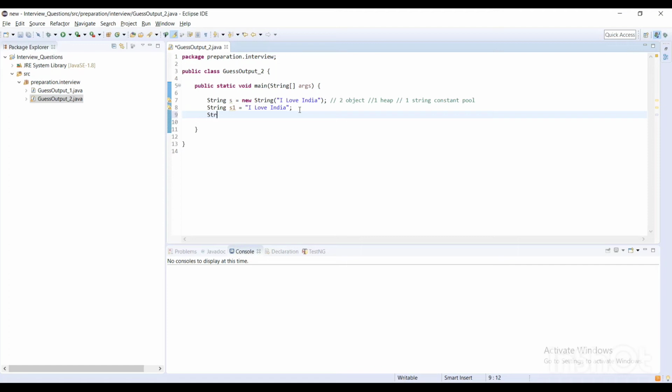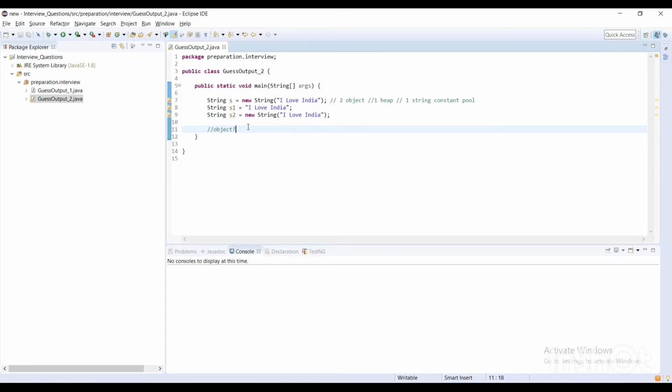So what they will do is String s2 = new String, and again they will write the same thing. Now tell me how many objects it will create. If you know the concept really well, you're going to explain this.